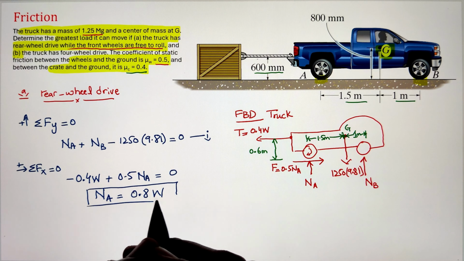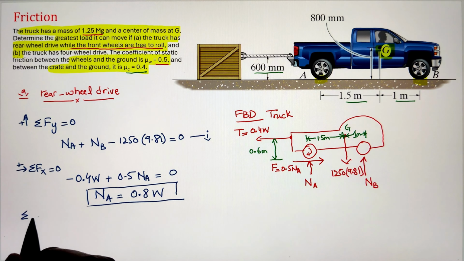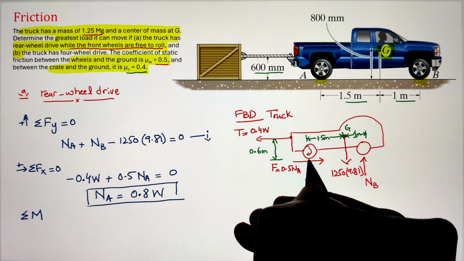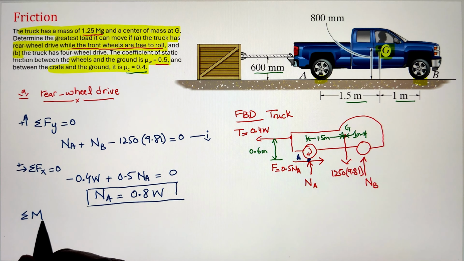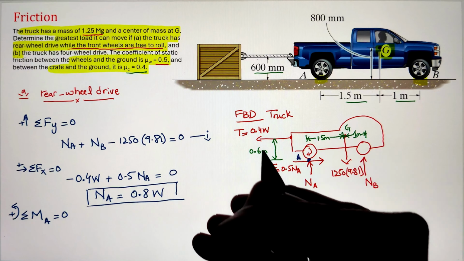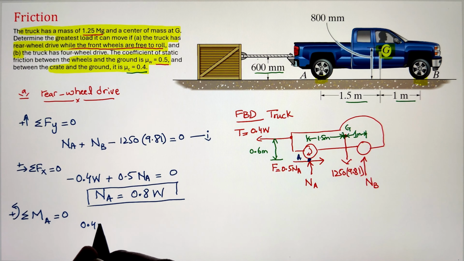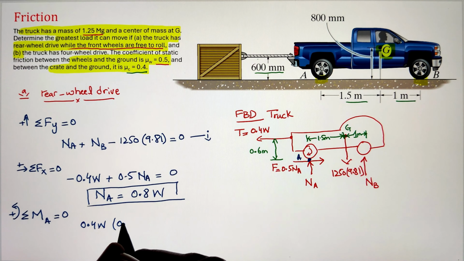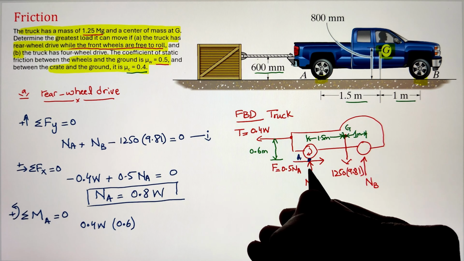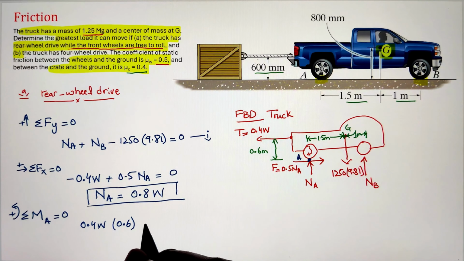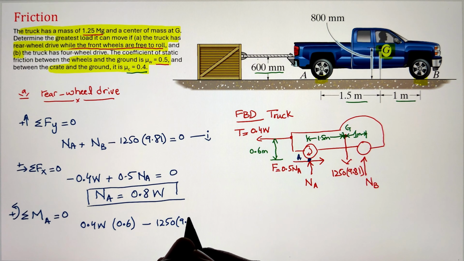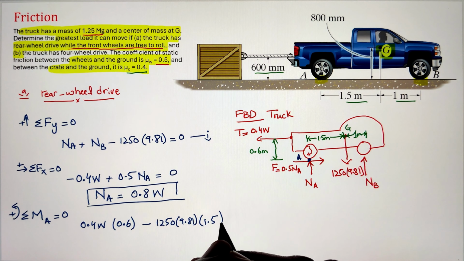moment expression. We can do it at any point, but in this case, I'm going to select point A at the rear wheel, so that we can eliminate a couple of forces, because once they are passing through the point, they won't create any moment. So starting with the tension force, it is going to create a counterclockwise moment with a moment arm of 0.6, whereas the frictional force as well as Na won't create any moment since they are passing through that point. The next force that is going to create a moment will be the weight of the truck in the